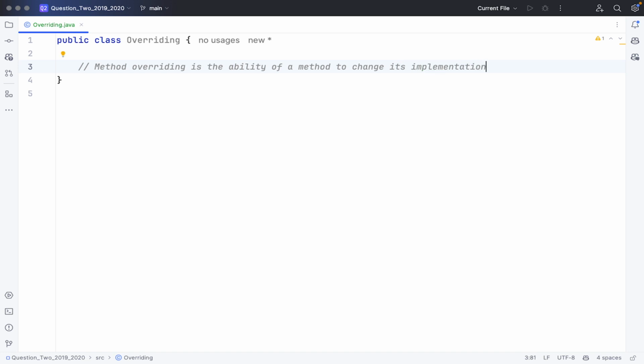Method overriding. So here we are basically doing mutability. You are mutating the method. So by changing its implementation, you are mutating it. So method overriding is the ability of a method